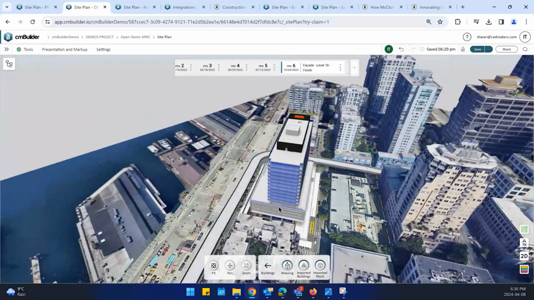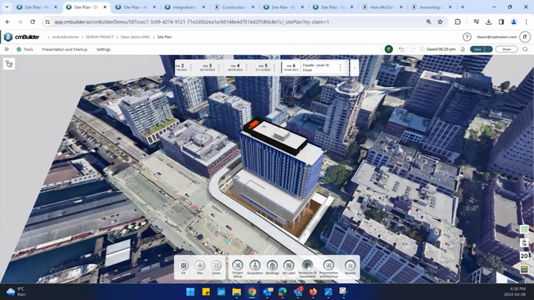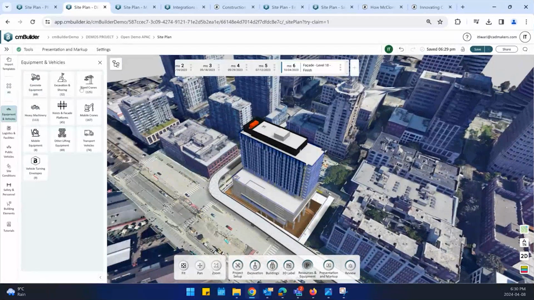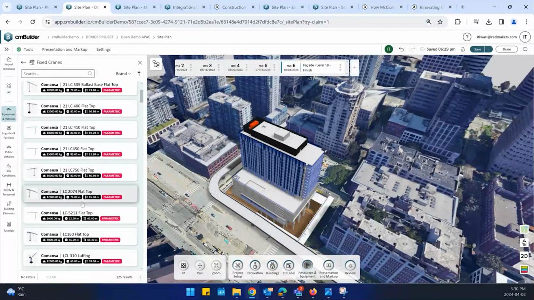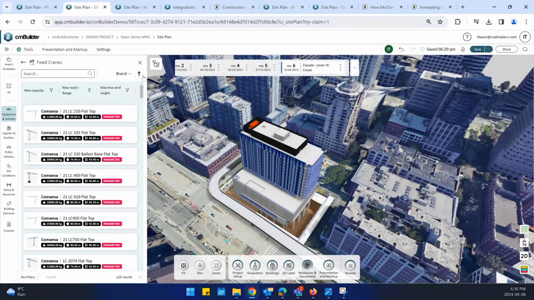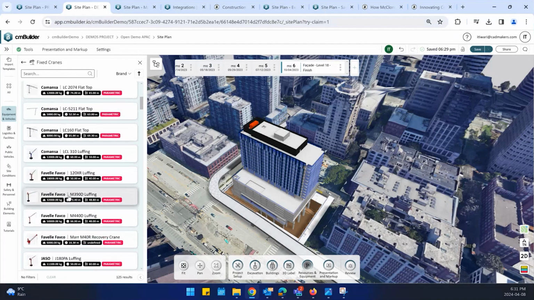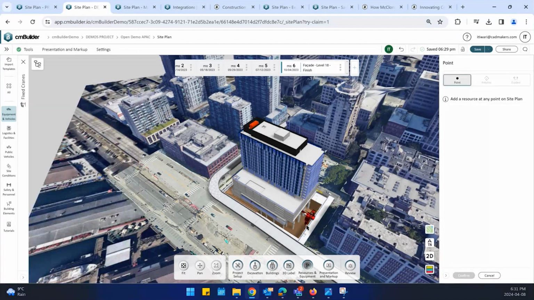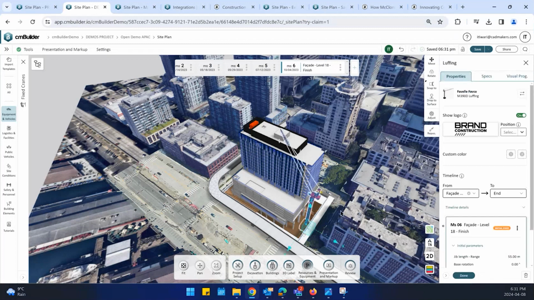Crane planning, quite useful, very, very common, and it doesn't have to be very complex. So all you do, just go search for the kind of cranes you want to use, all named brands available in the catalog. You can also filter by the different types and the capacities of the cranes here as well. Let's say I'm going to pick the Favelle Luffer crane over here. I can drag and drop, simple, on the map. Instantly, I realize, no, this is not the crane